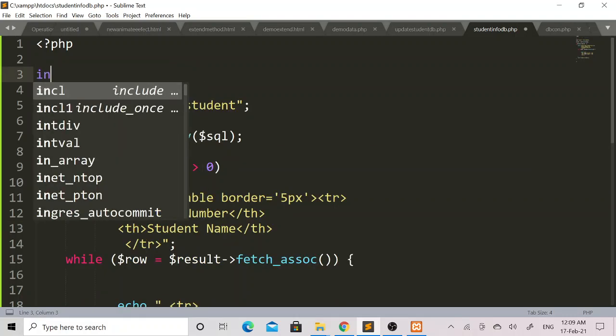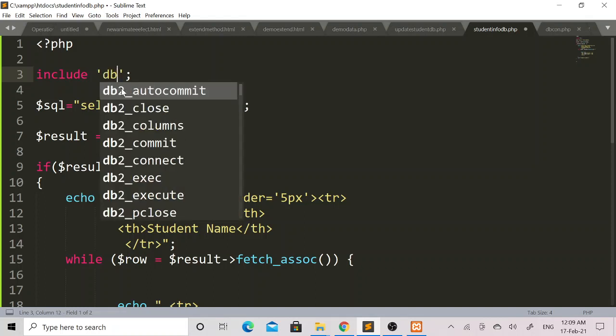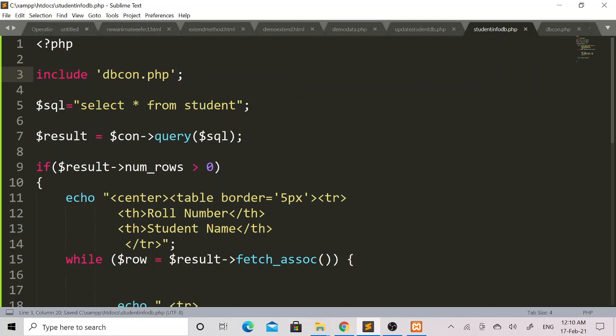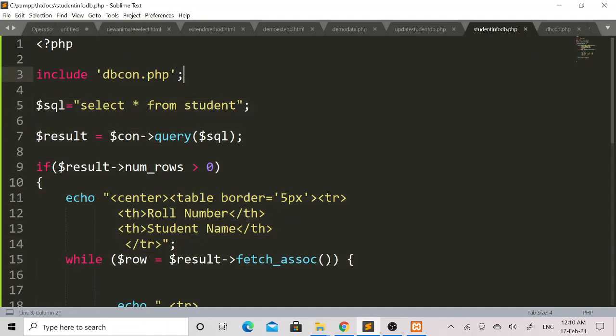Rather, I will simply add the include keyword, and here within a single quote I need to mention the file name. So I will write dbcon.php as the file name. So what will happen? Before executing the rest of the PHP code, first whatever code I have mentioned in the dbcon.php will get executed.